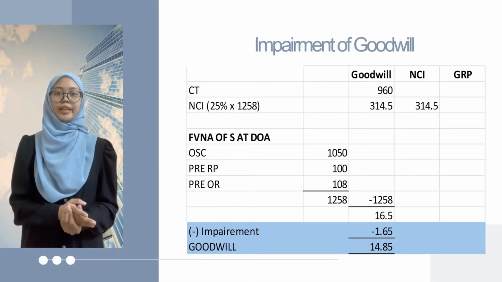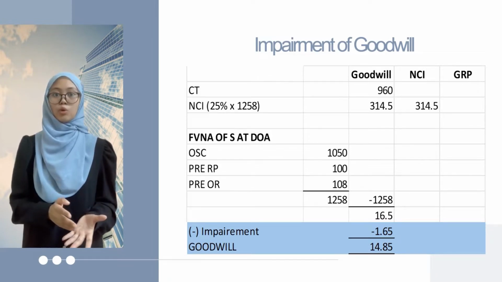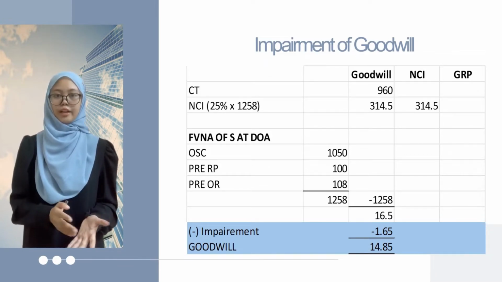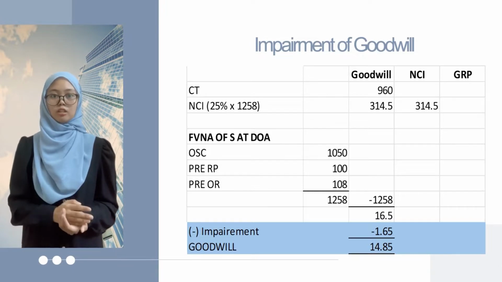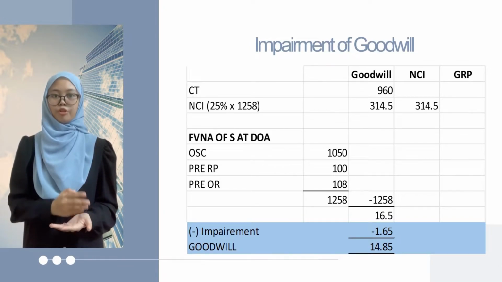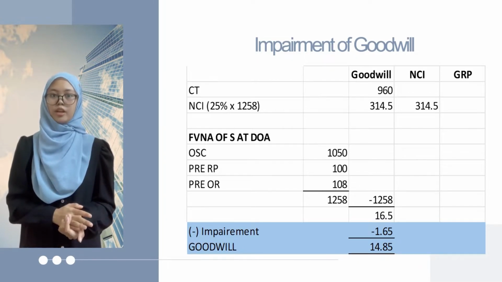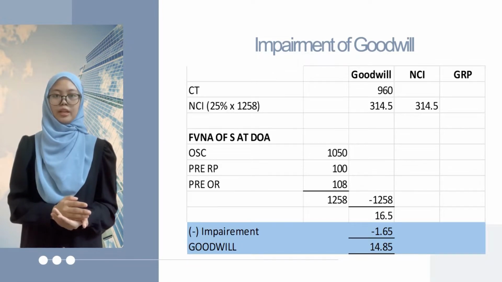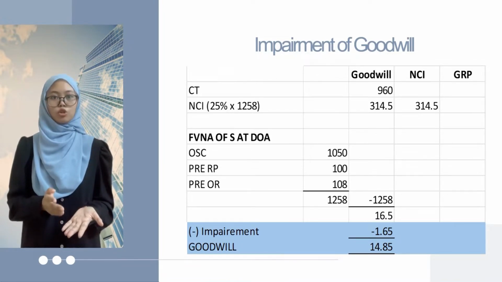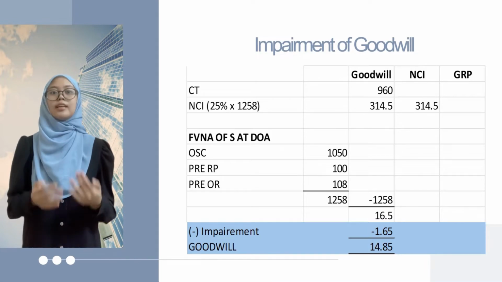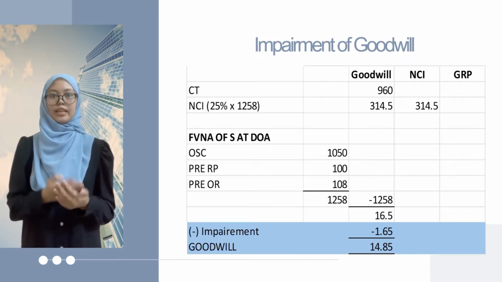This figure is obtained based on calculation of determined goodwill or bargain purchase of Big Berhad. Since the calculation resulted in goodwill at 16.5 million, there is a 10% impairment made in the year ended 31st December 2021, which is 1.65 million. This figure will be included in the consolidated statement of profit or loss since the transaction is included in the current year.